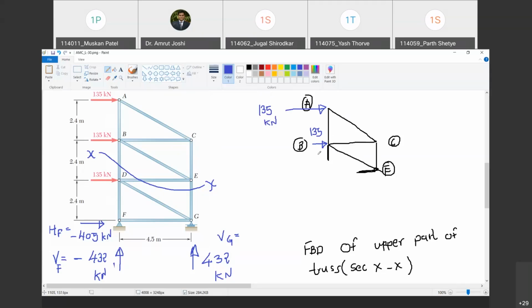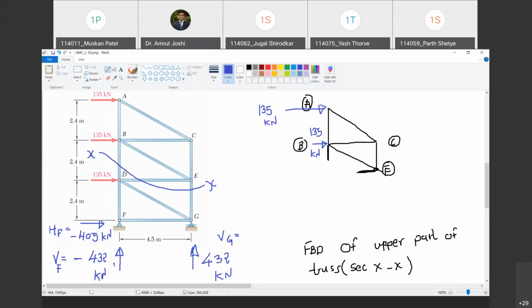What else is external? Earth is external, so I should be showing self weight. But in truss, we neglect self weight. That is the first thing. And the second thing is nothing is said about this self weight. अगर कुछ बोला होता तो I would have distributed that self weight equally along all the nodes. Are you with me? पर ऐसे तो कुछ बोला नहीं है. Happy? Yes, sir. So therefore I am not going to consider self weight. चलो, what should I do next?